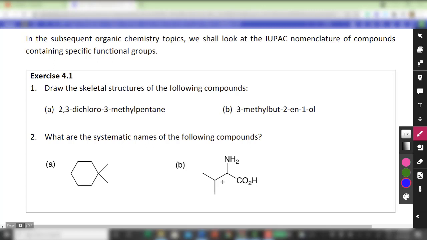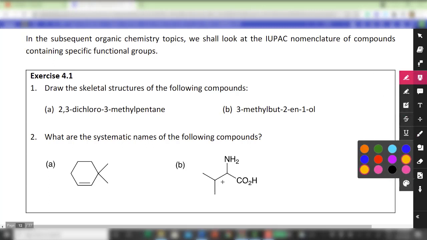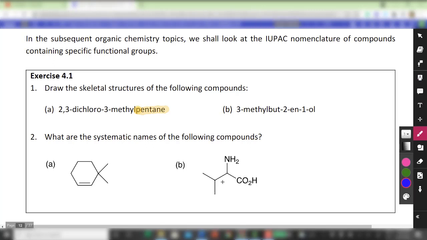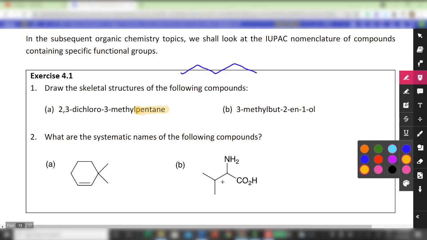2,3-dichloro-3-methylpentane. So the first thing we need to do is identify the parent, which is pentane. So I'm just going to draw out 5 carbons. Then we have a 3-methyl, so at the third position there's a methyl group, and then we also have